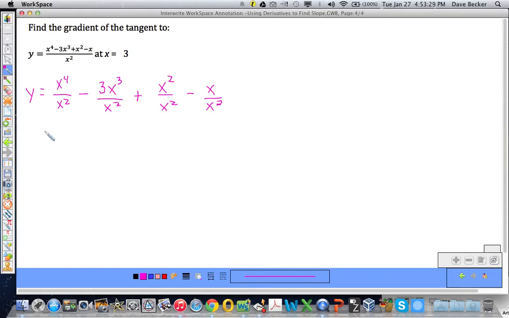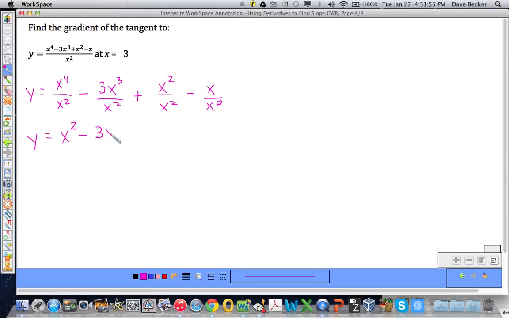All right, so y becomes x to the fourth over x squared. I subtract the exponents. 4 minus 2 is 2, so this becomes x squared minus, nothing's going to happen to this coefficient, minus 3. X cubed over x squared, 3 minus 2 is 1, so this is minus 3